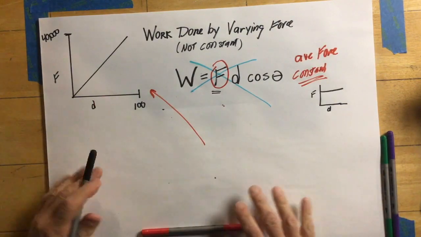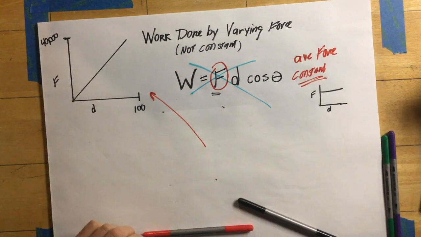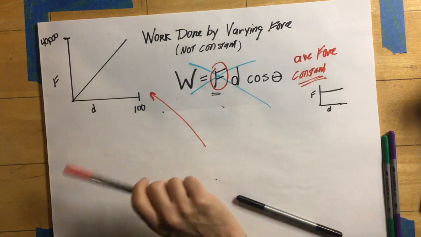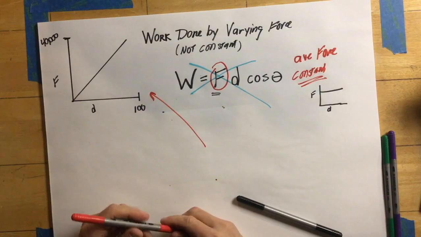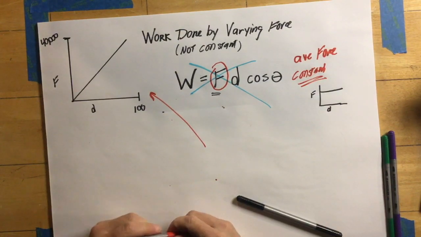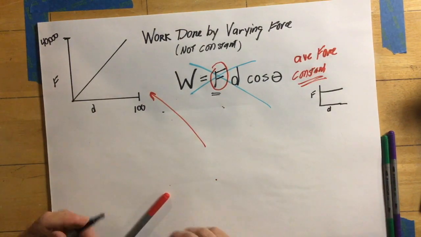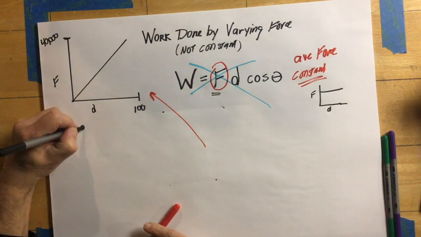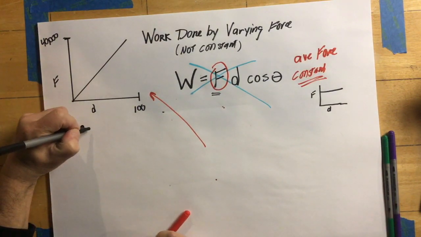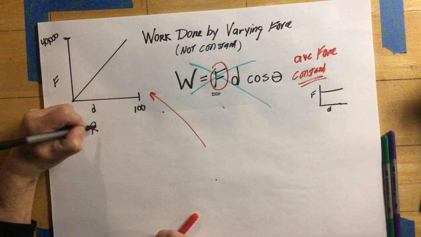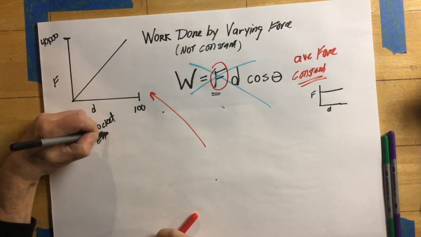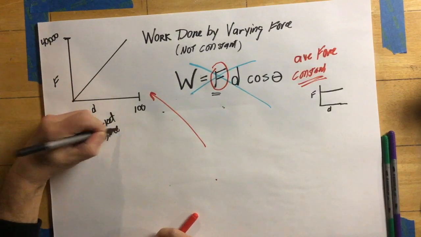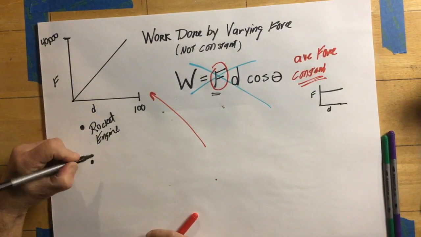So in problems like this, it seems like there's a big disconnect in terms of, well, how is this part of conservation of energy? It is in this way. If you look at something like this, we have to have a way to make a graph like this. So this could be, say, the force produced by a rocket engine. You could look at this as the force produced